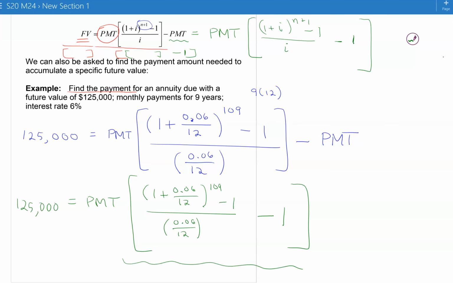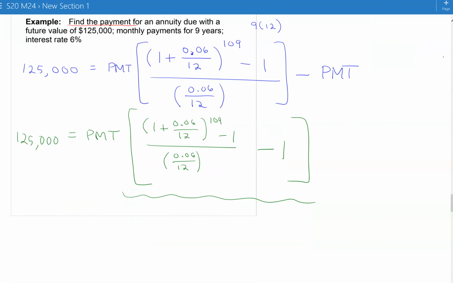So I would figure out this big box of stuff and do 125,000 divided by answer. You're welcome to actually write out dividing both sides by that big block. It's kind of a lot of writing. So make sure you're doing the correct order of operations, and I'm getting